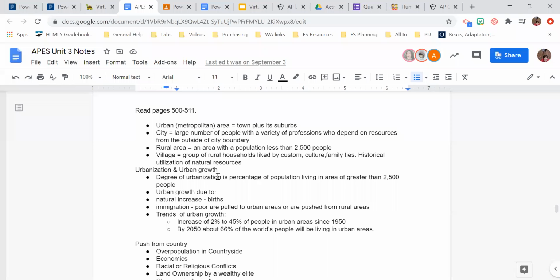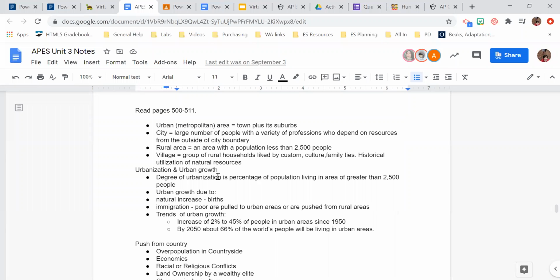When I taught at the college up in the North Georgia Mountains, Young Harris College, I lived in a rural area. The county, the whole county, had about 10,000 people, I think it is. And the city of Young Harris should not be called a city or a town because it only had like 1,500 people when students aren't on campus. When students were on campus, then it had maybe 2,000 people. So, urban growth.